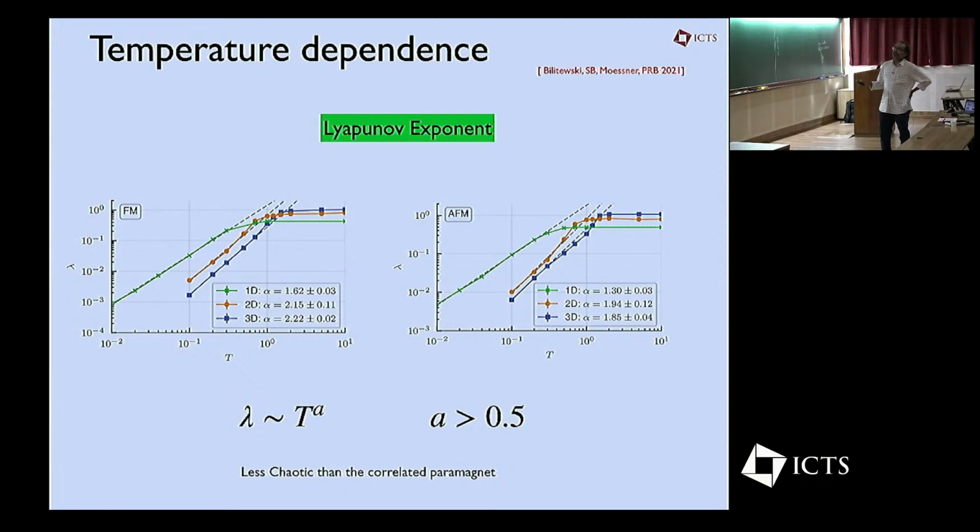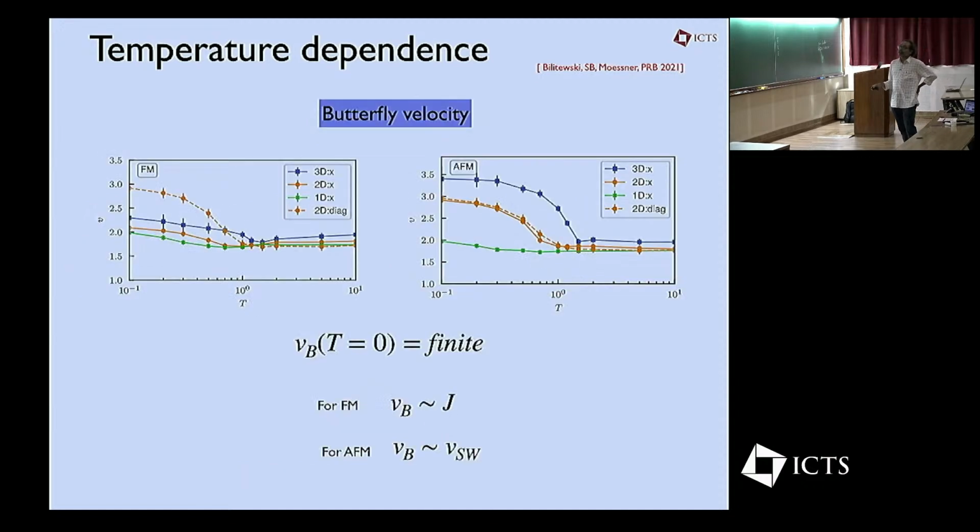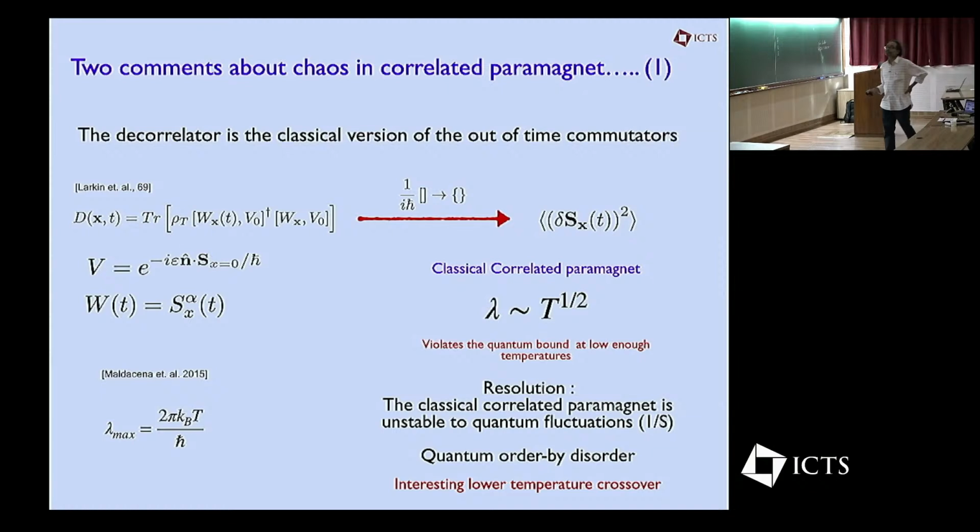Okay. So as far as the Lyapunov exponent is concerned, it still is a positive power of temperature, but this power is greater than 0.5, and in that sense, it's less chaotic than the correlated paramagnet, in both cases of ferromagnet and antiferromagnet. And the butterfly speed saturates to some value, which is given by the spin wave velocity for the antiferromagnet, and the order of the exchange constant for the ferromagnet at 0 temperature. Okay, so let me end with two comments about the chaos in correlated paramagnets before my time runs over,